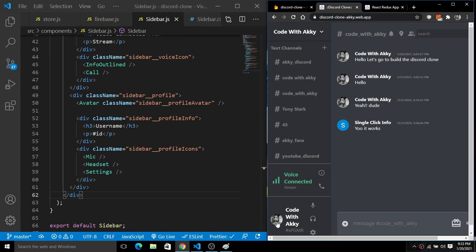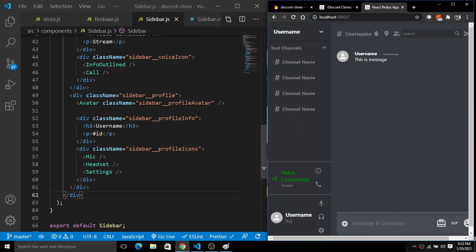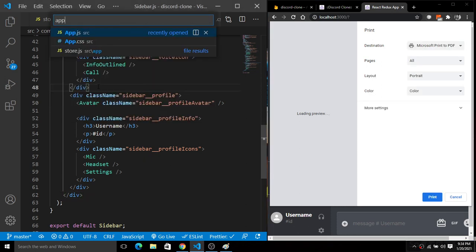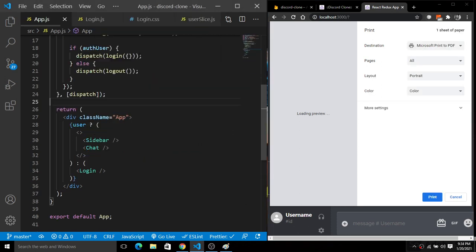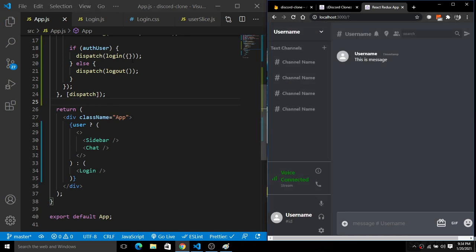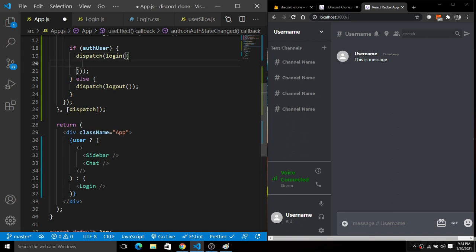How are we going to dispatch the information? As you can see here, we have this URL of the photo, and clicking this, you will have the logout functionality. So I'm going to simply add these things here. How will we add this? Let's go to app.js. Inside of this app.js, you have to dispatch a bunch of information to be used inside your project.